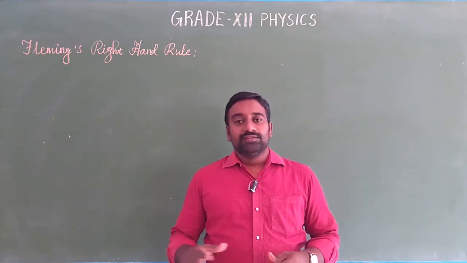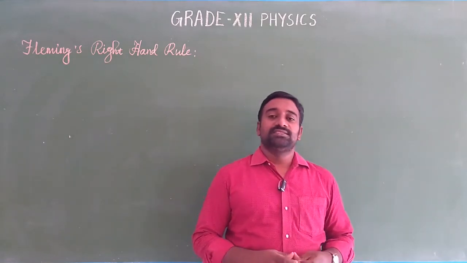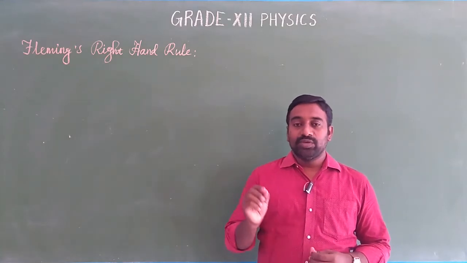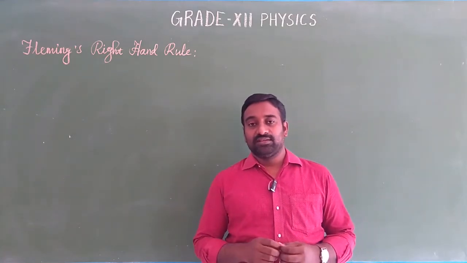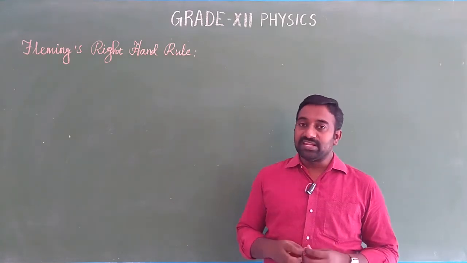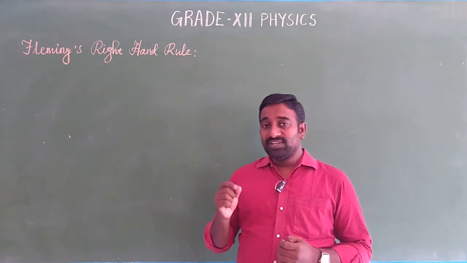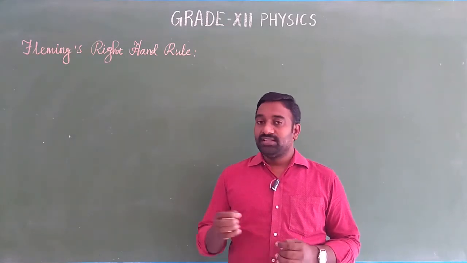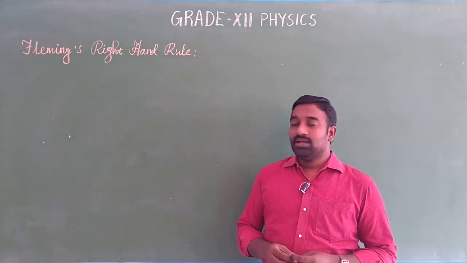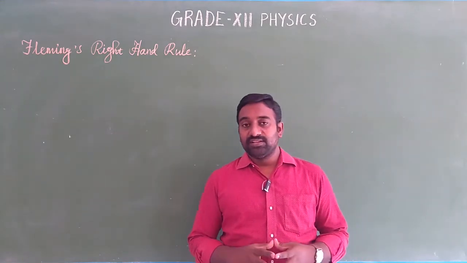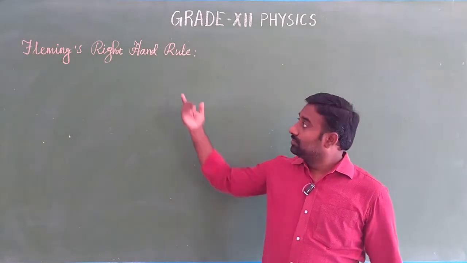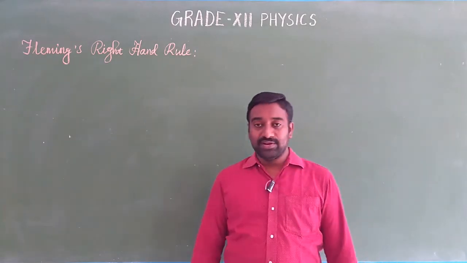Okay. So in our last class, we had discussed Faraday's law of electromagnetic induction and then Lenz's law. So why do we use the negative sign in Faraday's law? In Faraday's law, the induced EMF is minus dΦ by dt. Okay. So what is the importance of the negative sign? That idea is given from Lenz's law, and the experimental verification of Lenz's law we have also seen. Okay. Now we are going to study Fleming's right hand rule.